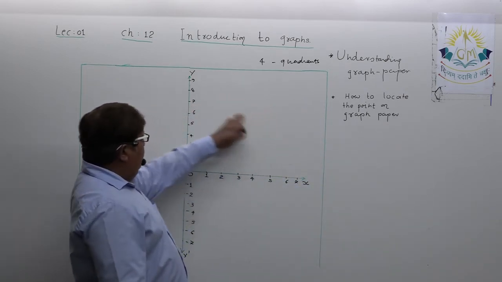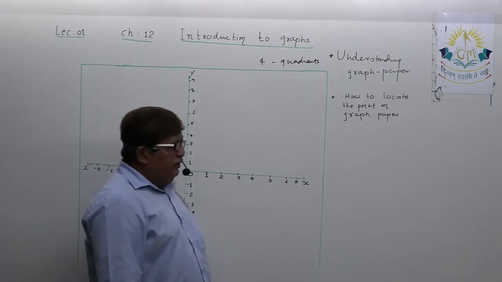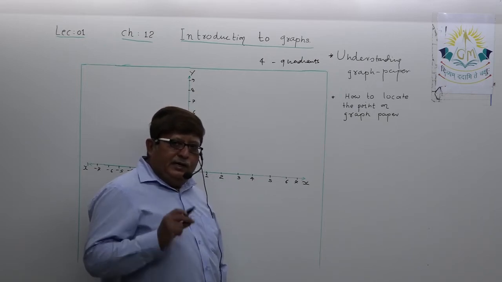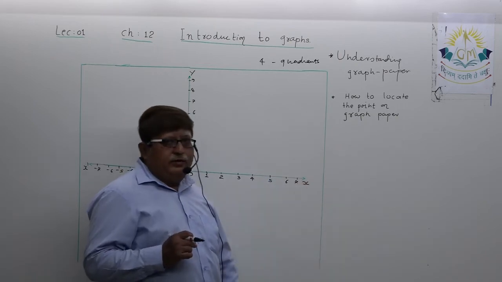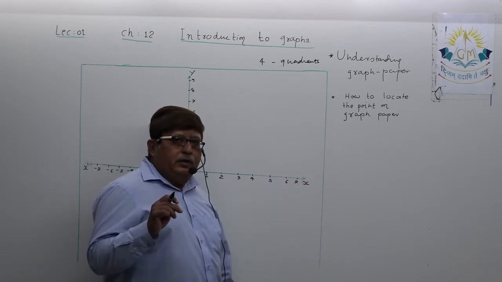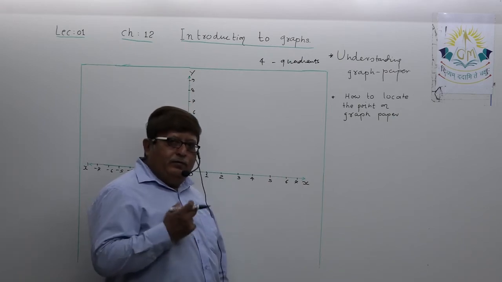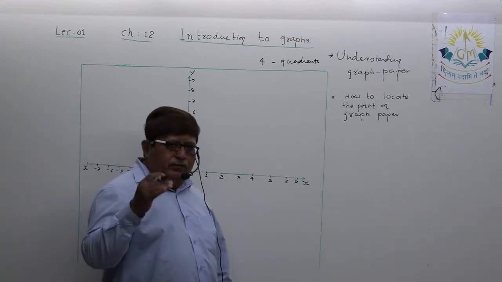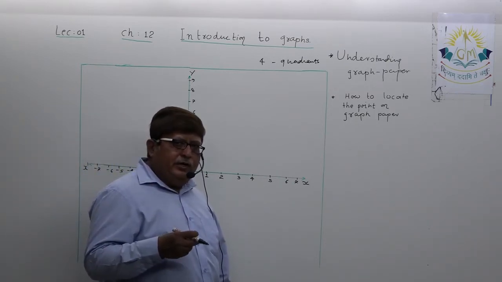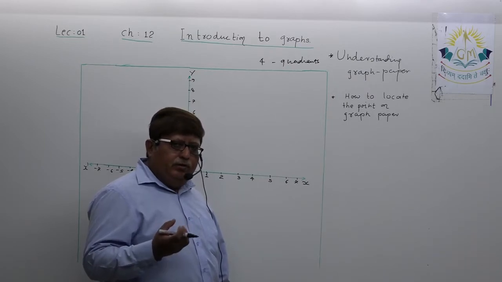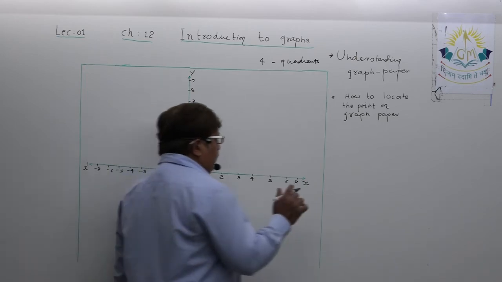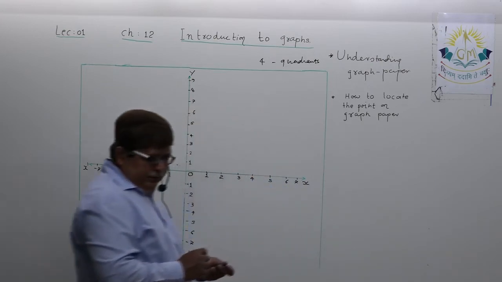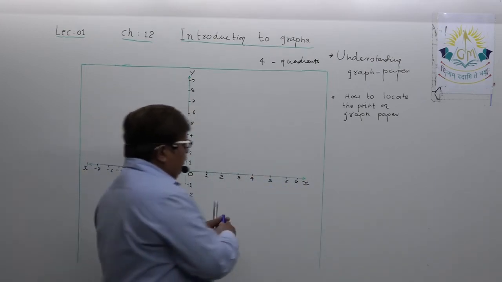You can see this first quadrant, second quadrant, third quadrant, and fourth quadrant. How to represent the point? Here I haven't utilized the word represent. I have utilized a particular word: how to locate the point. And this is very important for you to study. One by one, we are going to discuss at least 10 points. How to locate? Suppose, dear student, the first point. Let us try to locate. Understand? See, the first point.